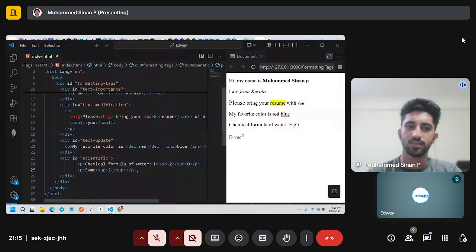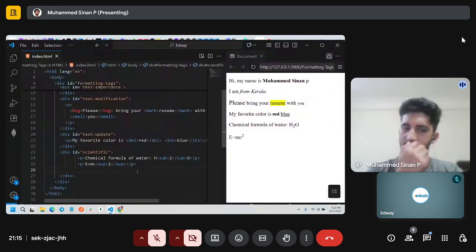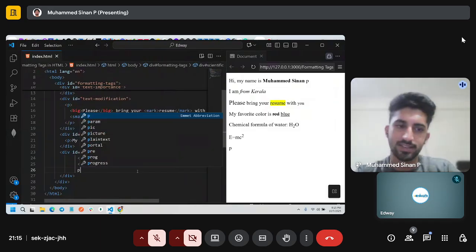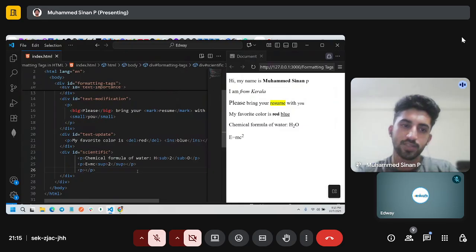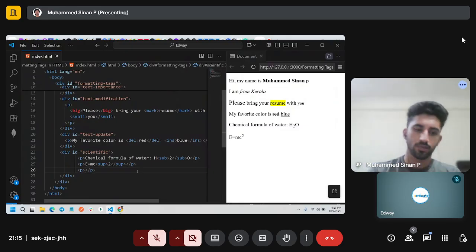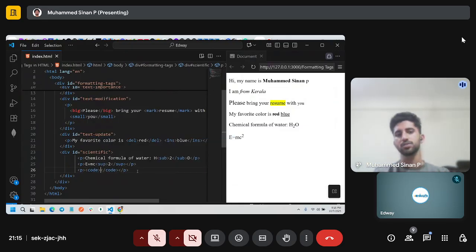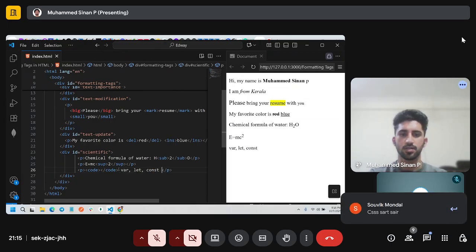So there is another scientific or technical tag that we can use, called code. What this code does is make the content within it look like a normal code structure. So let's say var, let, const.